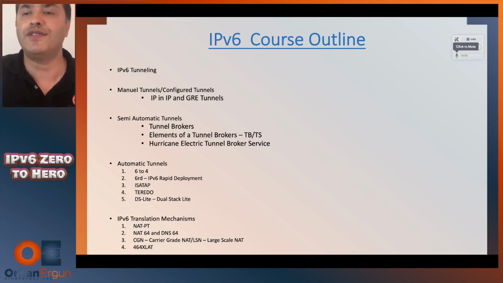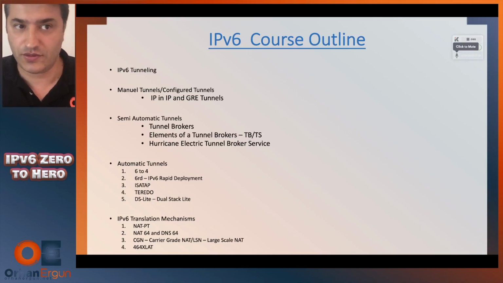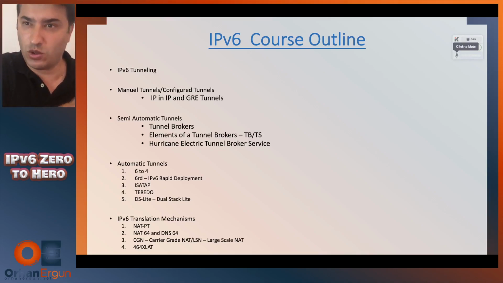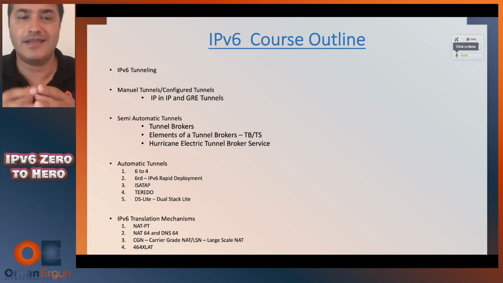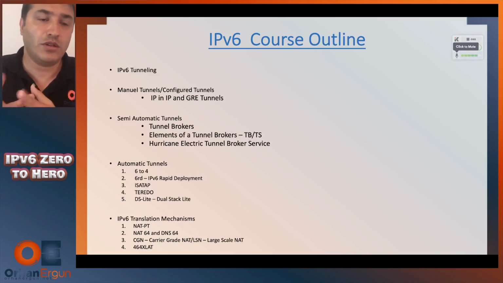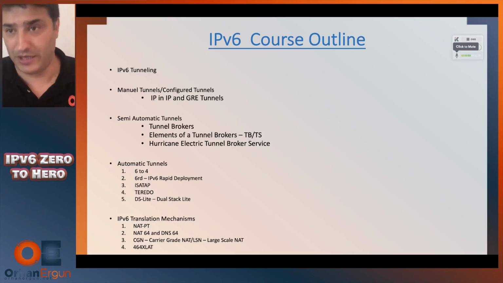So we have 3 different categories of tunneling, guys. So three different manual tunnels, also known as configured tunnels. Then semi-automatic tunnels. So there we will discuss tunnel brokers and automatic tunnels. So these automatic tunnels, there are many of them, especially when it comes to automatic tunnels, like 6to4, 6RD,